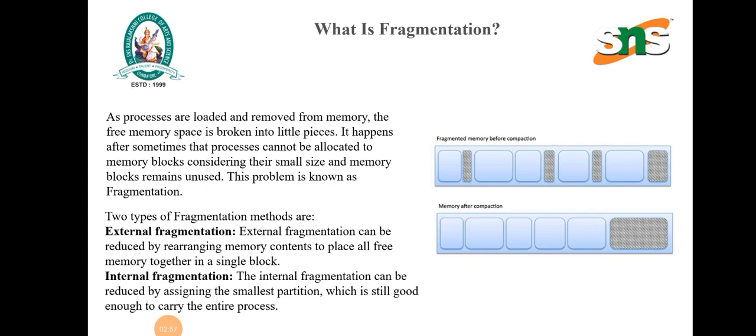improved performance. What is fragmentation? As processes are loaded into and removed from memory, free memory space is broken into little pieces. Sometimes a process cannot be allocated memory blocks. This problem is known as fragmentation. There are two types of fragmentation: external fragmentation, which consists of placing all free memory together into a single